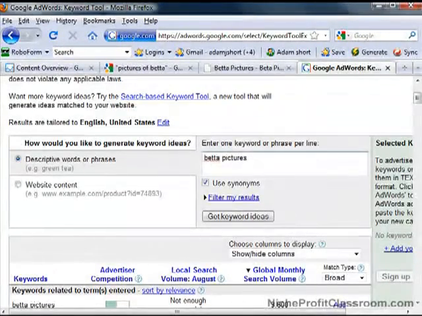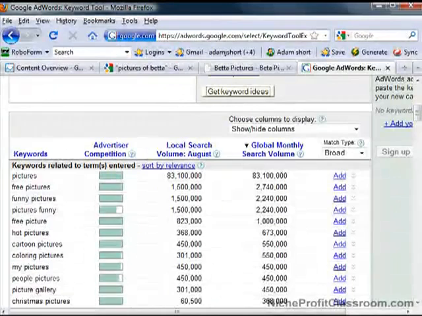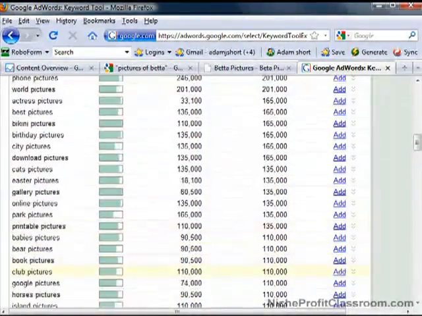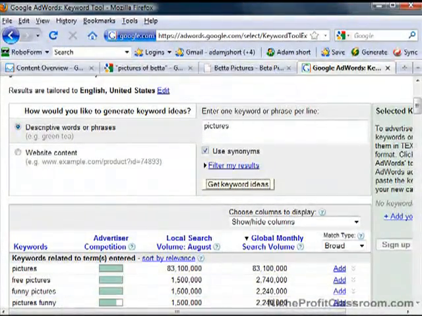For instance, let's just type pictures into the Google search engine and you can see how many people are actually searching for pictures. It's absolutely nuts. 83,100,000 for pictures, 2 million for free pictures, funny pictures. It goes on and on. Hundreds of millions of people are searching for pictures on the internet. So that right there is reason enough to tap into this massive amount of traffic that is searching for